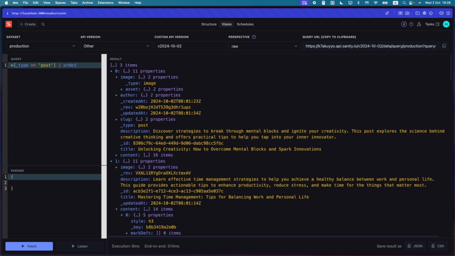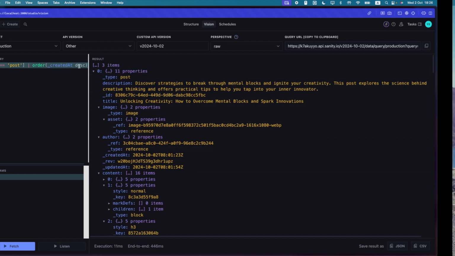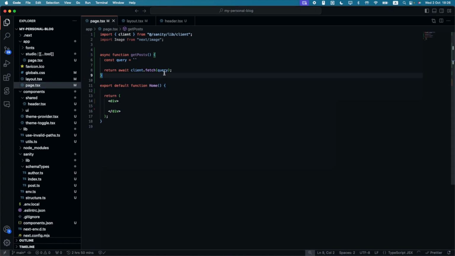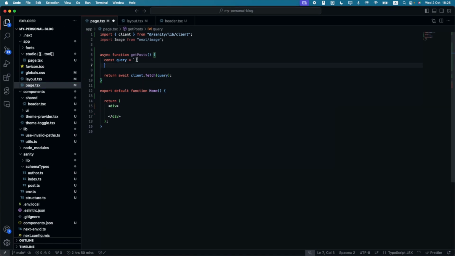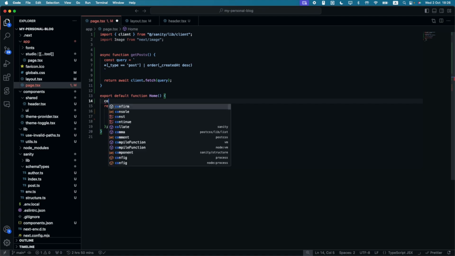So now we can order this by the created at field here, and in descending order you can see it's changed. So with this, copy this, and within our query string we can add that there. And if we were to come into